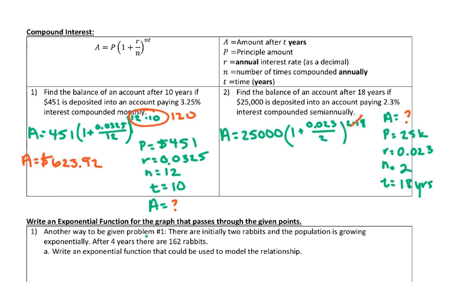I'm going to figure out 2 times 18, so I don't have to worry about putting that into the calculator wrong. And once I put that into the calculator, my final amount should be, again, remember to round to the nearest cent, it's